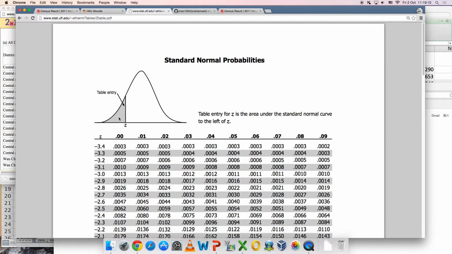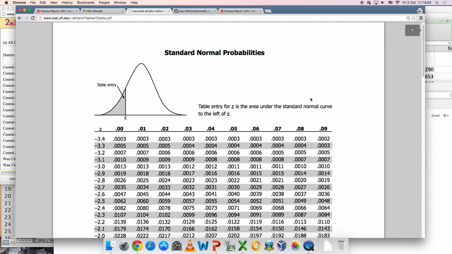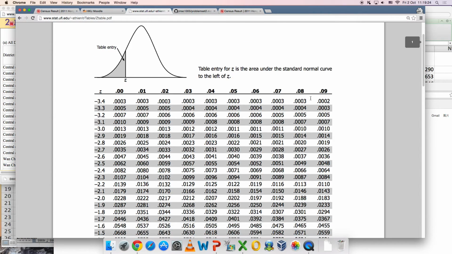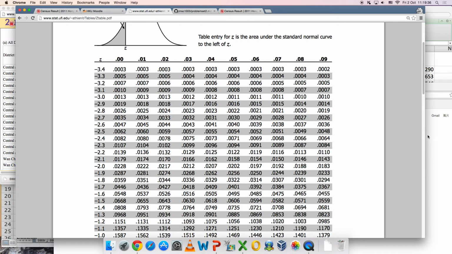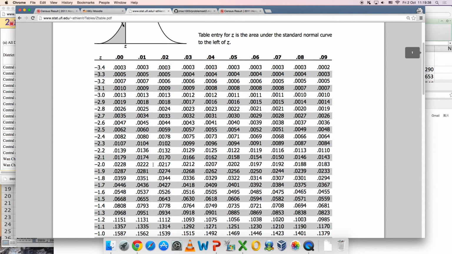You can see that it tells you the area under this curve lower than this Z-score. Because the Z-score is minus 1.32, so